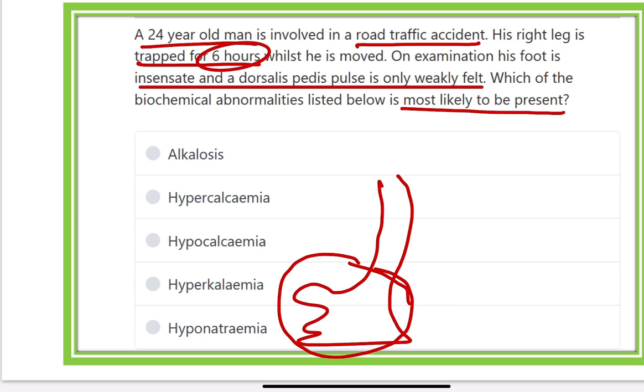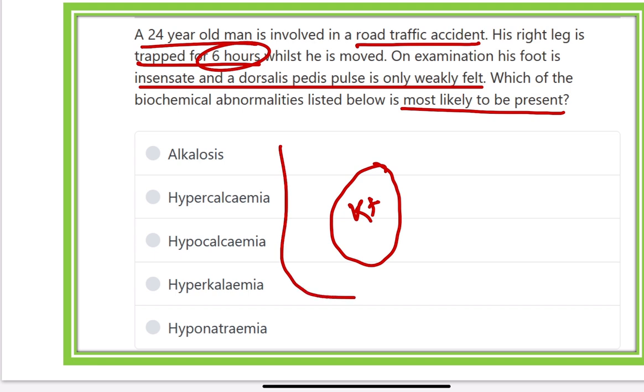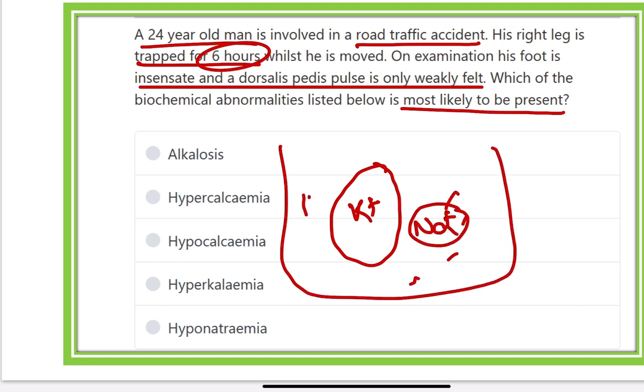Here one important point is that any type of cell is rich in potassium, and the extracellular matrix is rich in sodium. So this point is very important: the cell is nothing but a bag of potassium. That means a heavy amount of potassium is present within the cell. It is about 145 to 150 millimole inside the cell, and outside the cell it is 3 to 4 or 5. So it is a very high concentration.